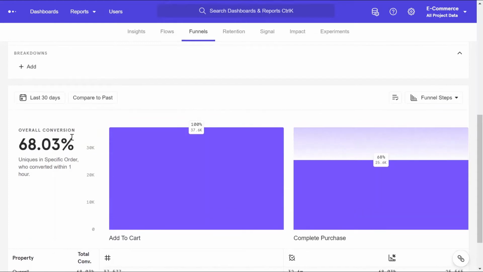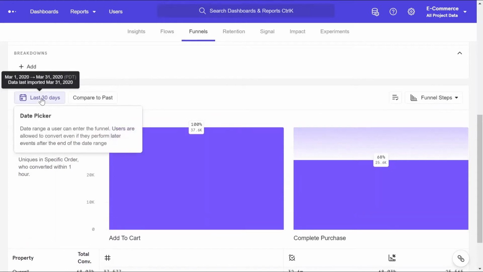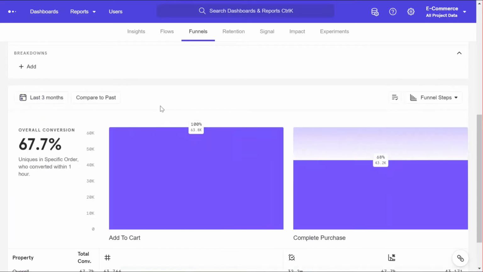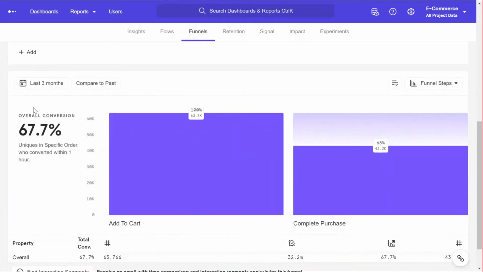Now to explore the features here, like insights, you can select over what period you want to see the data. The default is last 30 days, but you can select any other period that you want. I will just increase it to 3 months for now. Okay, and over the period of 3 months, this is 68. Okay, it remains 68% approximately, so it is fairly stable.